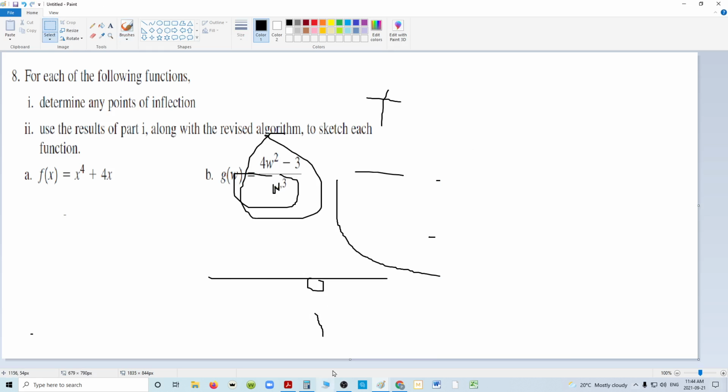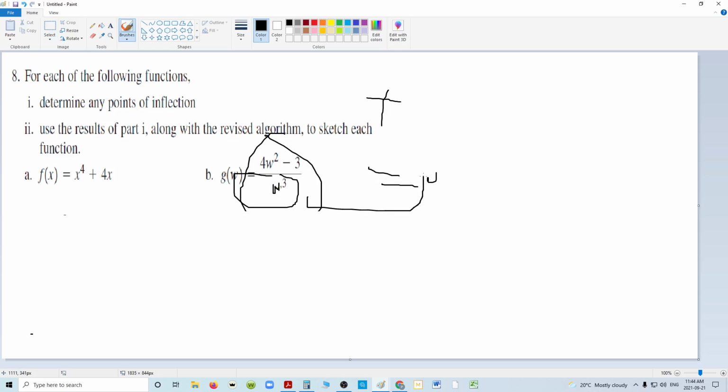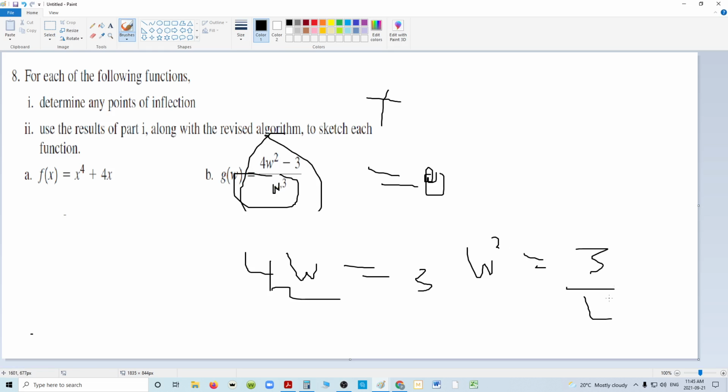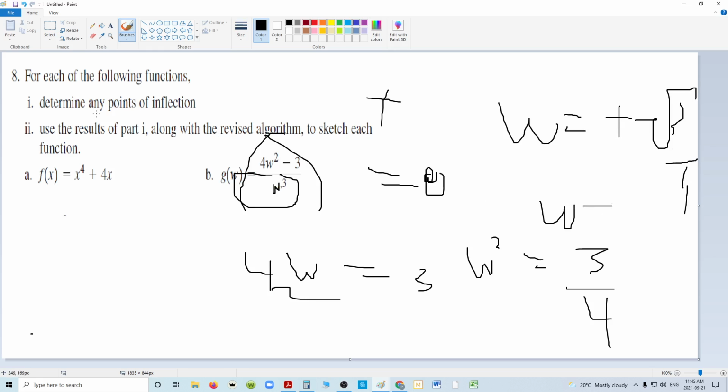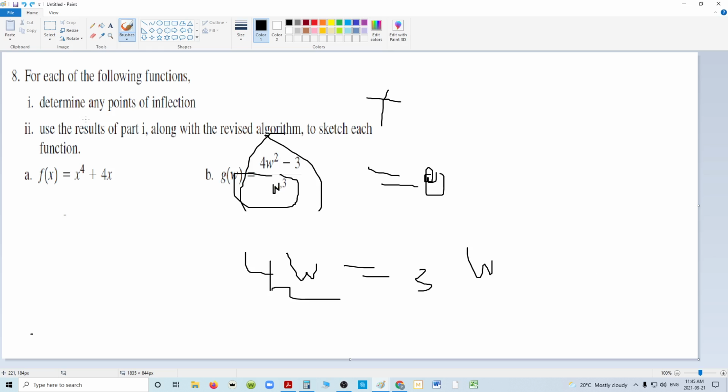If you ever want to see if it crosses, you would make this equal to 0. Oh, sorry, if you want to see if it crosses 0, make it equal to 0. Bring that up, it becomes 0. You get 4w squared is equal to 3. w squared is equal to 3 over 4. So apparently it does cross when w is the positive square root of 3/4 and the negative square root of 3/4, which means that if I'm going to draw it,